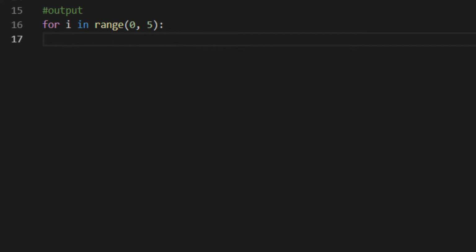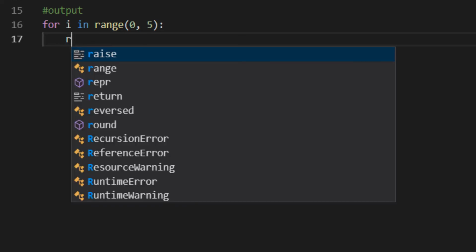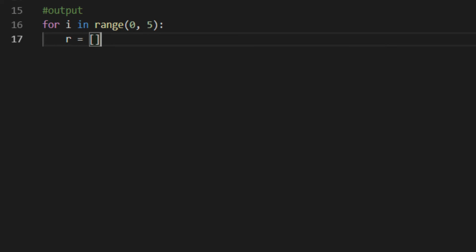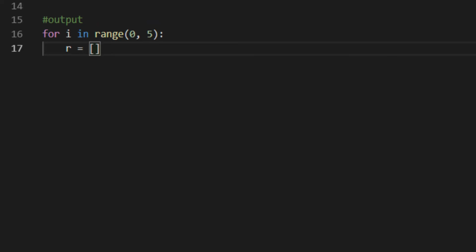For each city, we need to calculate the distance to all cities, so we need a loop in this loop. So we need an embedded loop. But first we need to declare an array which contains the calculated distance results, and then another loop,